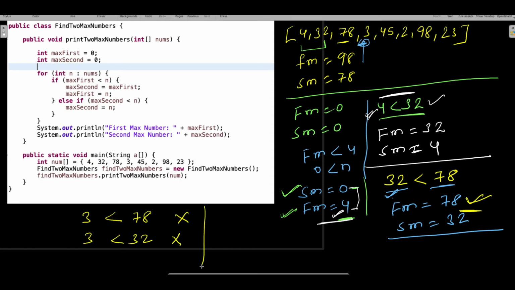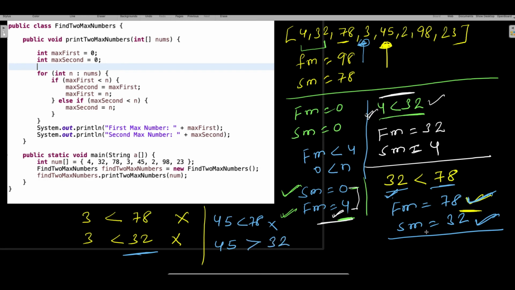Now come to iteration number 5, right? You come here, 45. Now pick up the number is equal to 45. Now when you pick up the number is equal to 45, let's compare it. Is 45 greater than 78, because 78 is not changed till now, or less than 78? So actually this is less than 78. This is ruled out. Now is 45 less than 32 or greater than 32? So actually 45, you have it here, right? This guy is greater than 32, right?